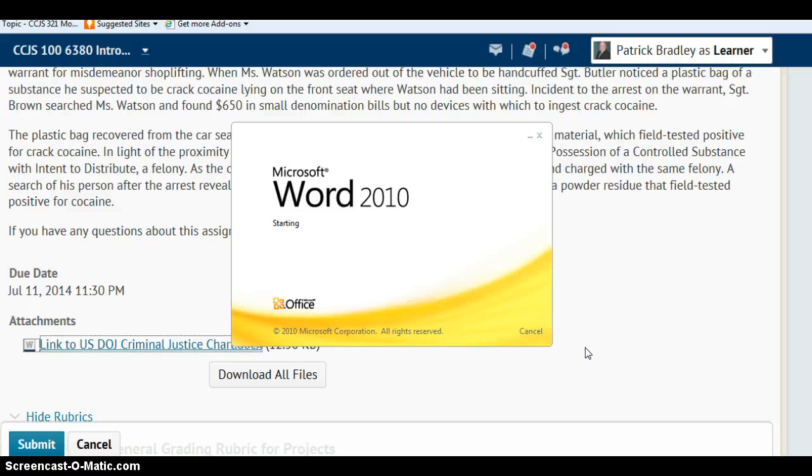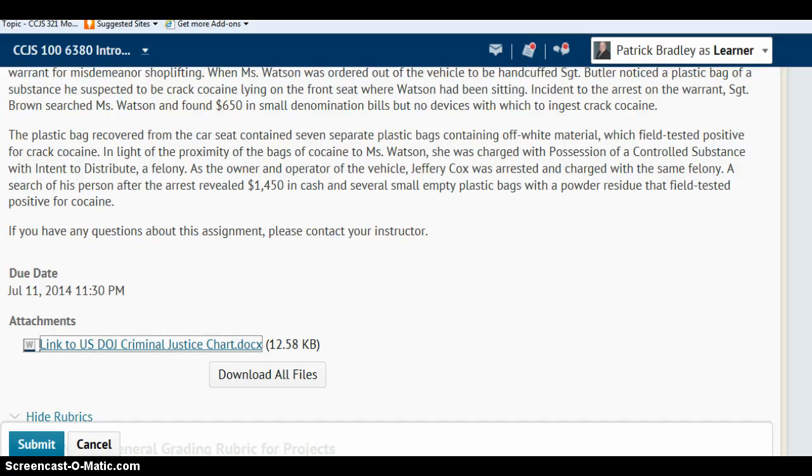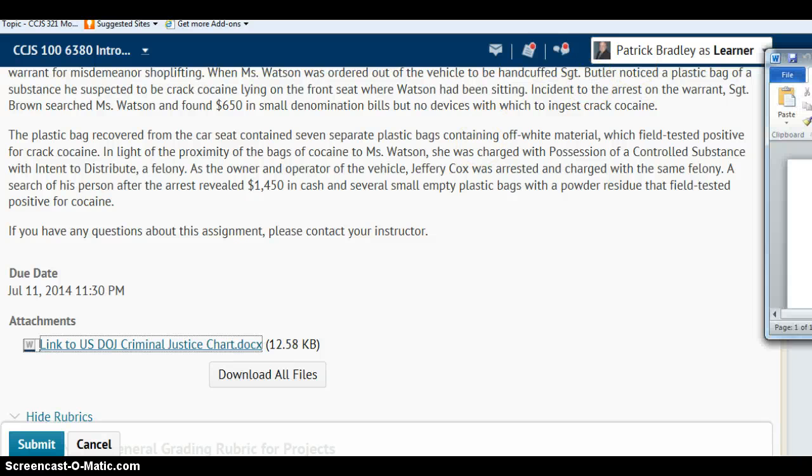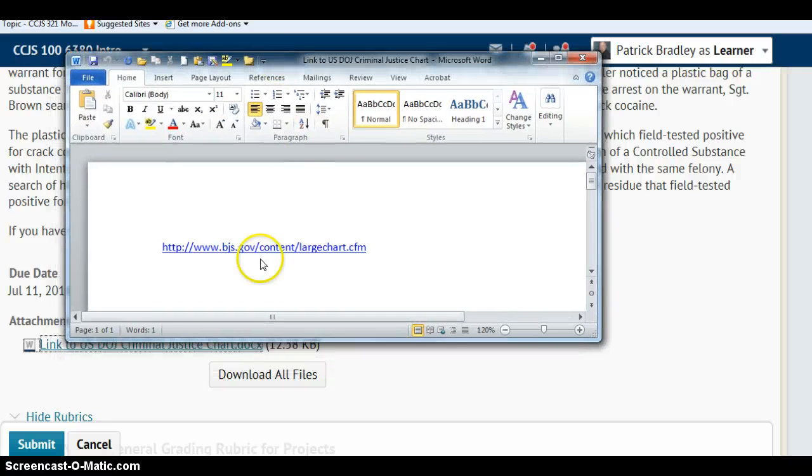And you'll see we have a Word document coming up. And this is as close as I could get to providing you. Mine is open actually on a second monitor that I use. But when you receive it, it will look like this. This is the link that I wanted you to see. And we simply hit Control, click on the link,